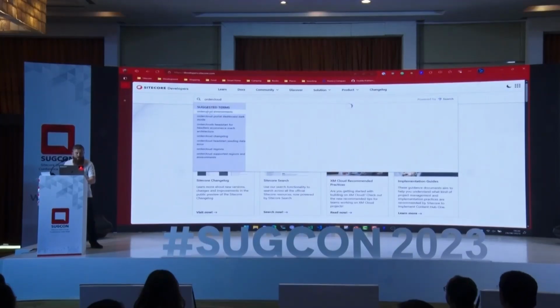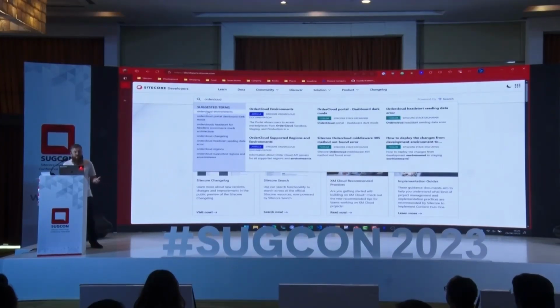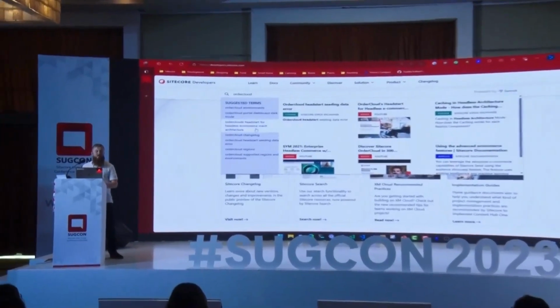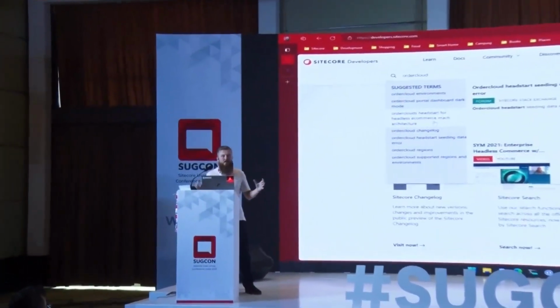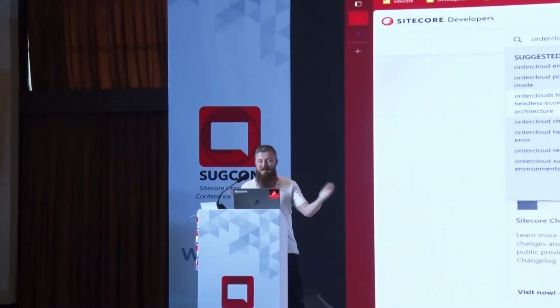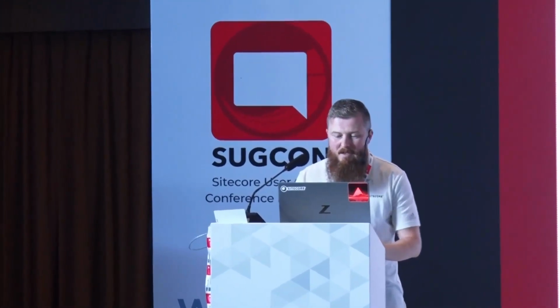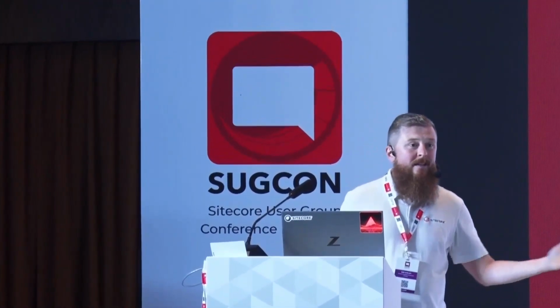If I go and hover over these, you can see it automatically refreshes. So now we're seeing the Order Cloud environment information. We could go down and see Order Cloud's head start for headless e-commerce Mac architecture, if you want to get really specific. This isn't exactly what I'm after, though, so I'm going to go and do the full search. So I'm going to take my cursor back up there, hit Enter, and that's going to take me over to